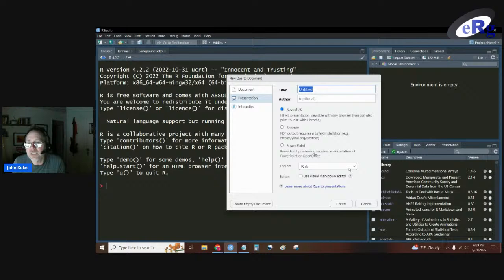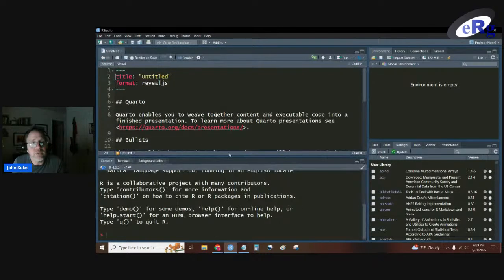You don't really need to give it an author or title if you don't want, because those are going to appear in your YAML up here. And so if you wanted to change it, we could change it. We can just say trying out or getting started.